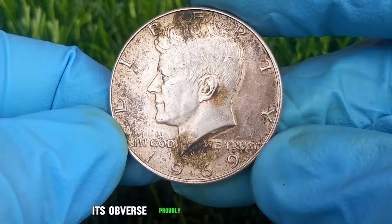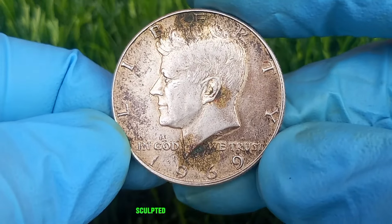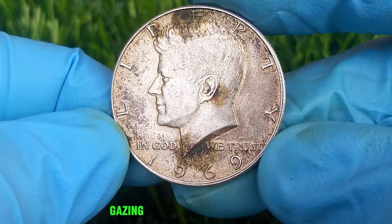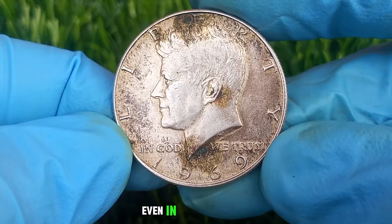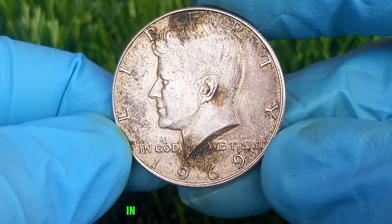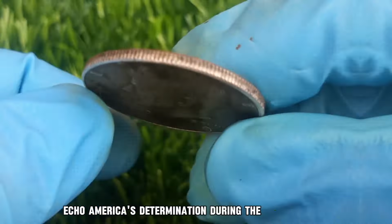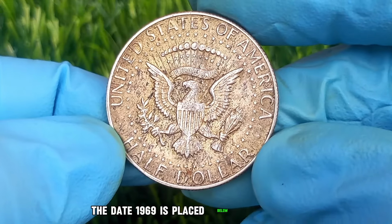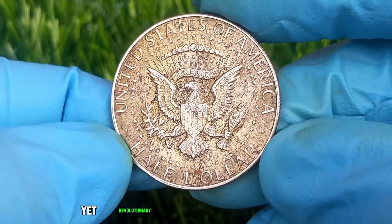Its obverse proudly displays the youthful, stoic bust of President Kennedy, sculpted by Gilroy Roberts. His forward-facing profile, gazing toward a future never seen, is both haunting and hopeful. Even in poor condition, the sharp outline of Kennedy's jaw and the bold "In God We Trust" motto below echo America's determination during the Cold War era. The date, 1969, is placed below the neckline, anchoring the coin in one of the most turbulent yet revolutionary decades